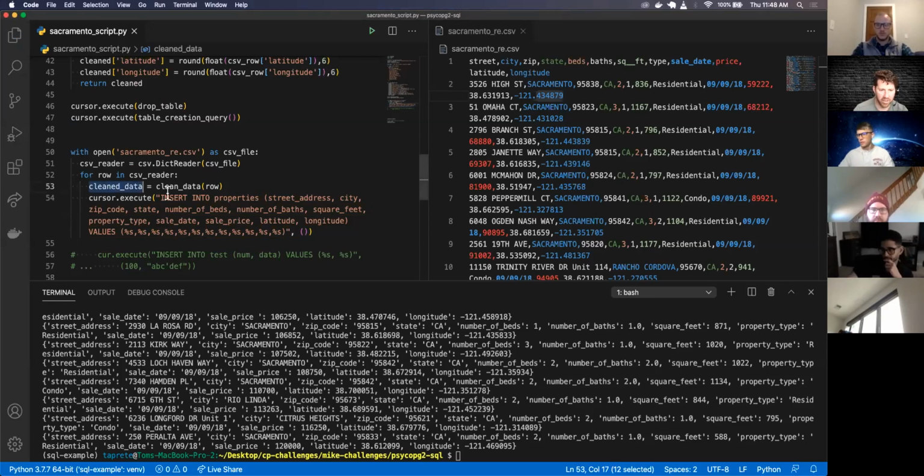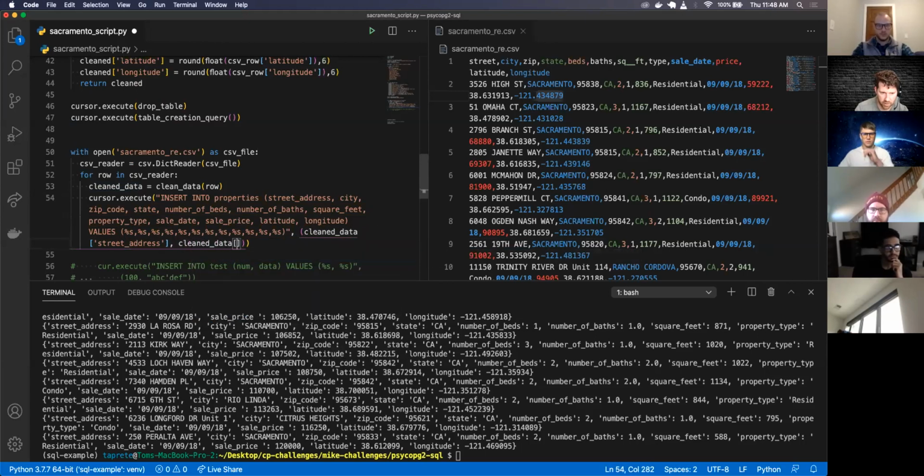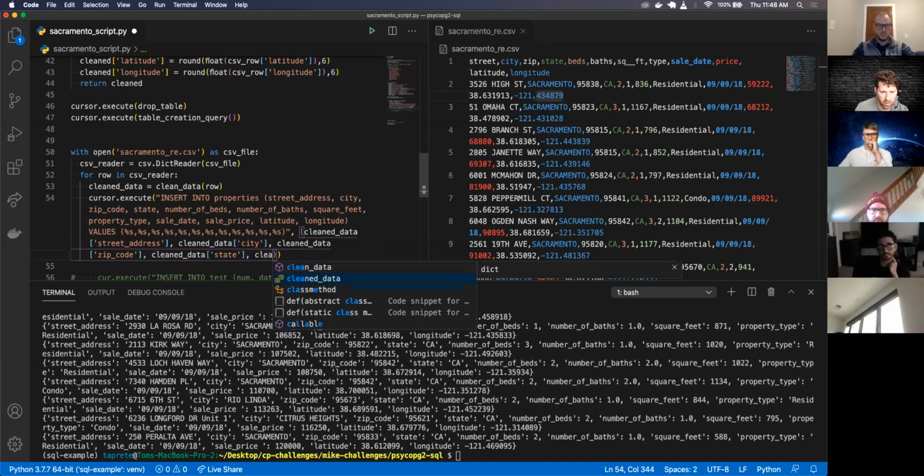So I need to access the clean data. So cleaned data. Now I've got to do the street address, followed by cleaned data, followed by the city, cleaned data, followed by the zip code, cleaned data, followed by the state, clean data,